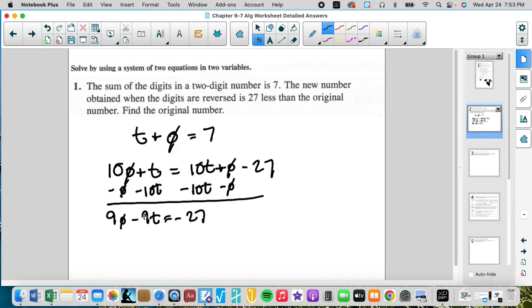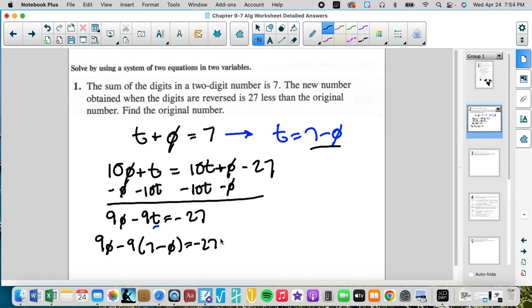So we'll use this equation and use this equation. Now, what technique do we want to use? Remember that we have graphing, we have substitution, and we also have addition and subtraction. So let's just try substitution for the first one. So we'll isolate t, which gives us 7 minus o, and then where we see t, we will substitute this value in for t. So we have 9o minus 9 times, instead of writing t, we write 7 minus o